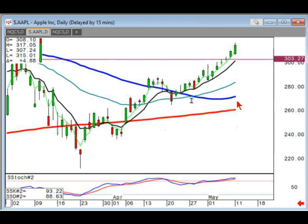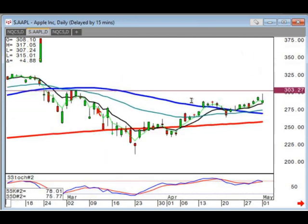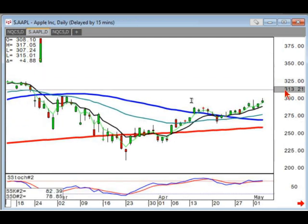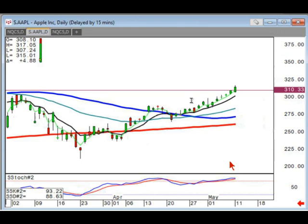And Apple was a very simple trade. That was another spread that was supposed to come up to... I think it was right here. See the little gap right there? It just came up and filled that gap today. So we had bought the spread, the 300-310 spread, and I want to say we paid $3 or $3.30, that if it came up to this level before, or by expiration, it would go to $10. Well, today it was up as high as